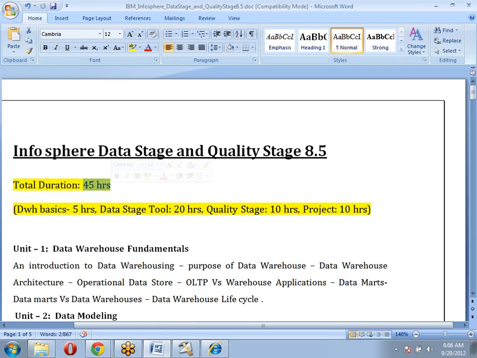Every day, once the tool is started, we are going to discuss the job itself in class. For example, I want to design one job. I'll design the job in class and show how to design it, and I'm going to take simple sample data, because if I take too much data, then obviously it will take too much time to design only one job. I will take some set of 50 records, 100 records of data, process that job and show it.